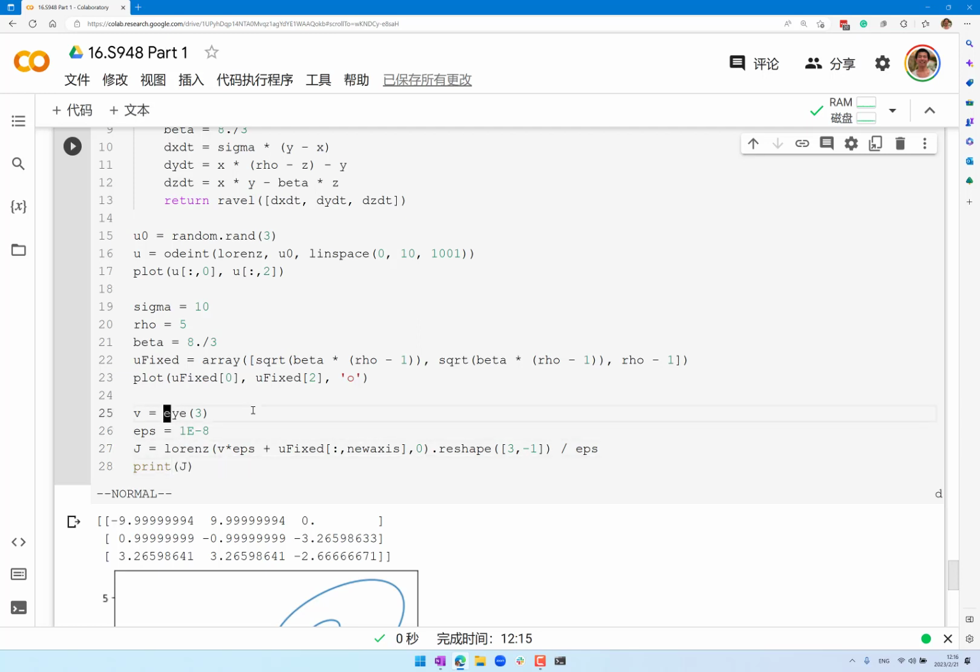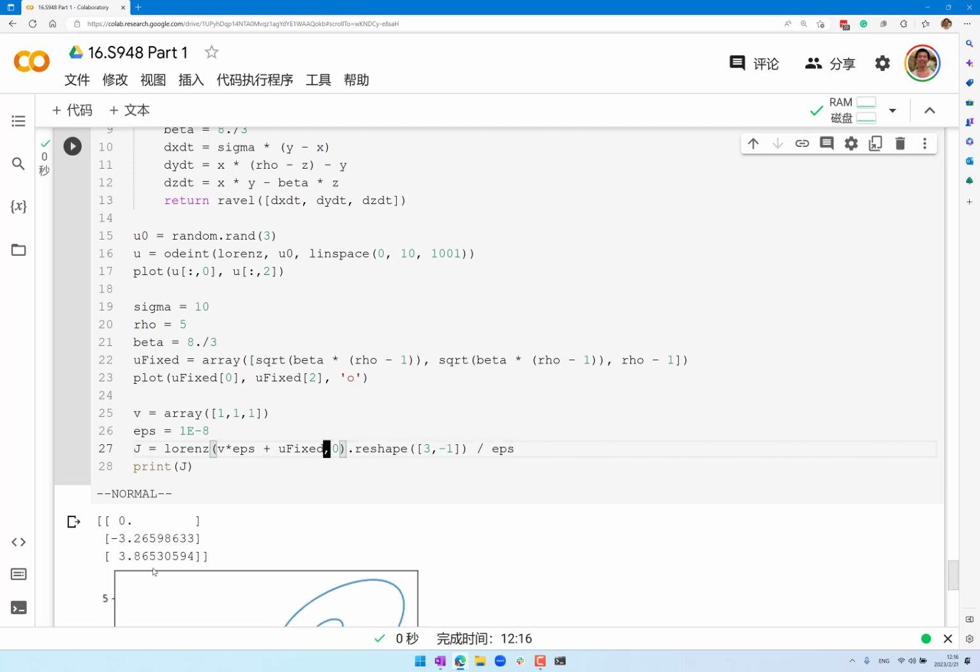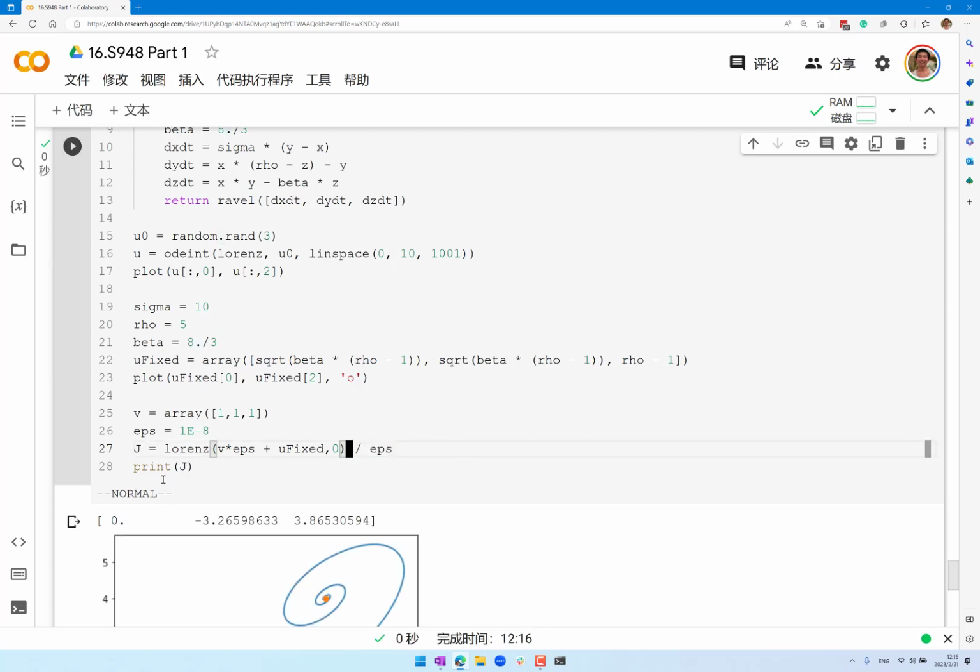So instead of a v equal to identity, we'll just say v equal to array of 1, 1, 1, and yeah, this doesn't need this anymore. So you fixed plus v times epsilon, and we don't need the reshape anymore, right? So this is the directional derivative computed. And let's actually take a look at the precision of this as a function of this epsilon,